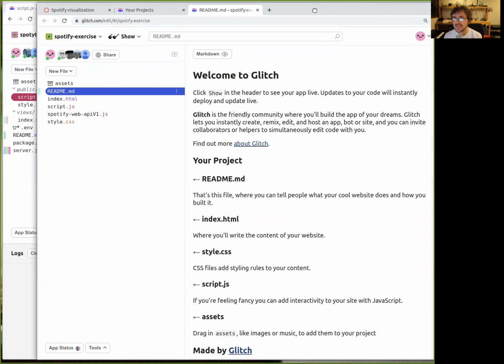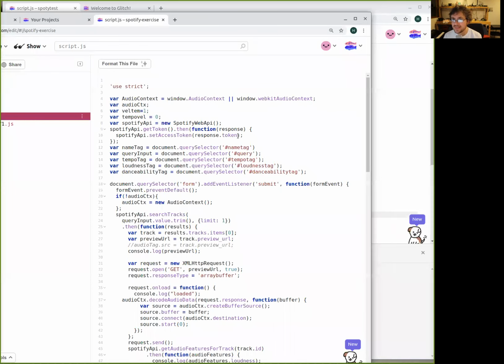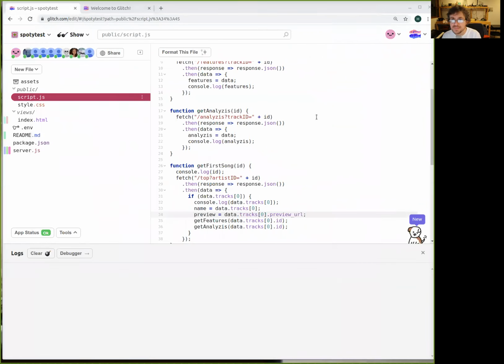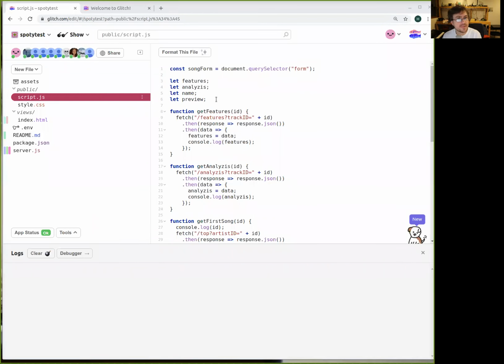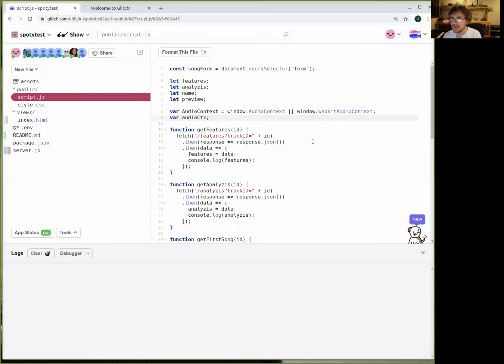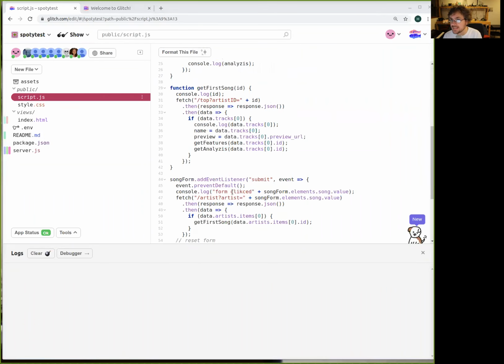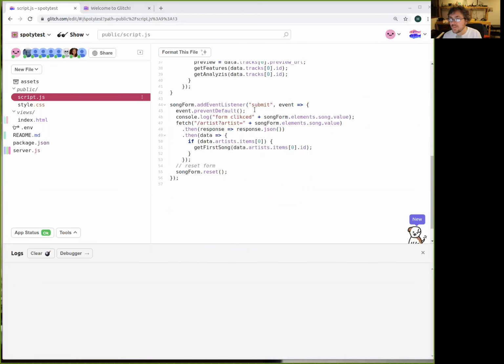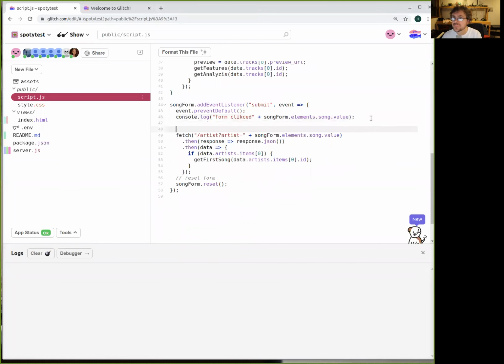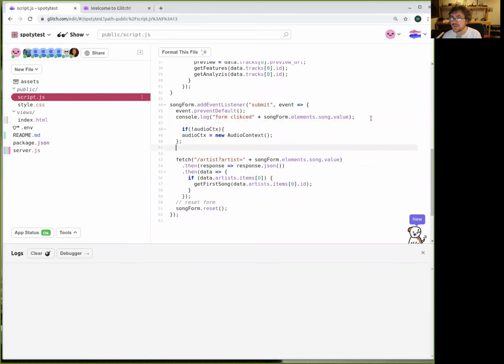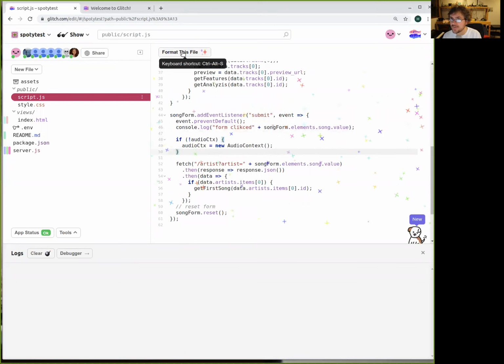I think this is the code of the Jared team. The only thing that I want to do is steal these kinds of things. The audio context. I just want to steal the audio context, as simple as that. I just want to start the audio context if it doesn't exist. Where? When the button has been clicked. When the button has been clicked, if there is no audio context, I install the audio context. As simple as that. Then I want to download the song.